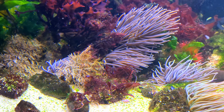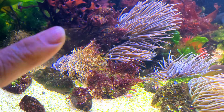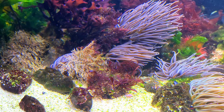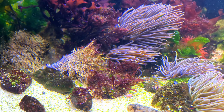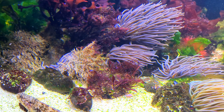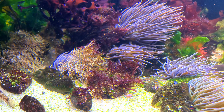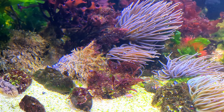The only thing that isn't growing is the coralline weed down there. That pink coralline weed which you find on the beach. That's gone white. That's kind of bleached out a bit. Could be due to a lot of light. But then again, you do get it up on the shore, right up on those intertidal pools where the sun beats down on it all day at low water, and obviously it's shallow there on the incoming tide as well. So I'm not sure if it's going to be that, or it's some nutrient it's lacking in. But I'm doing regular water changes in here, guys, and that's replenishing and rebuffering all that calcium, magnesium,